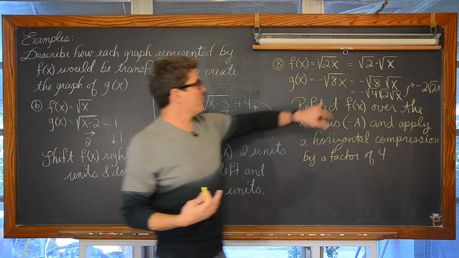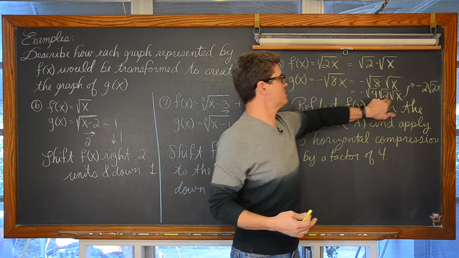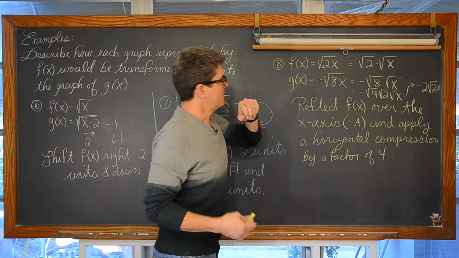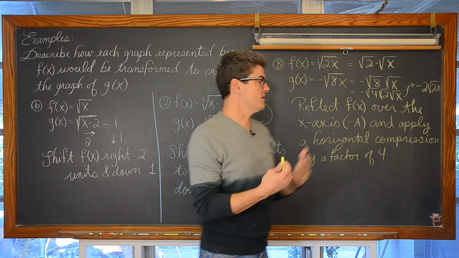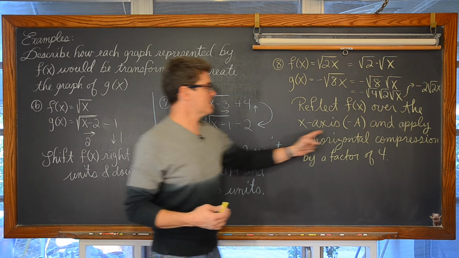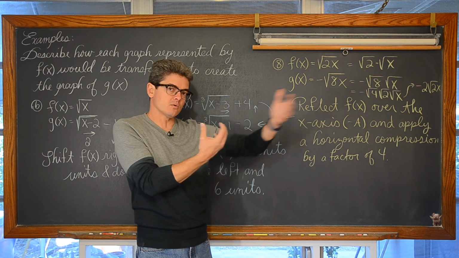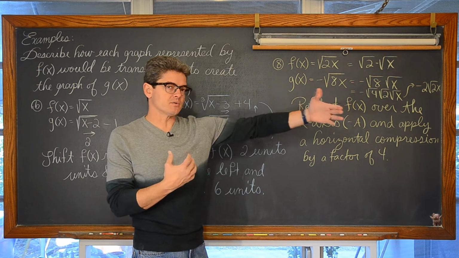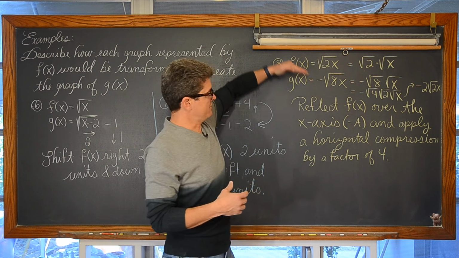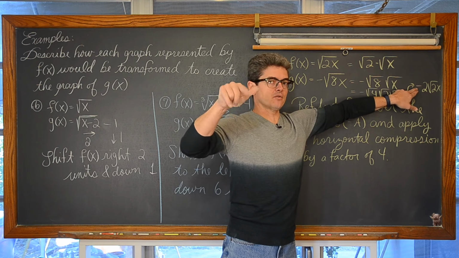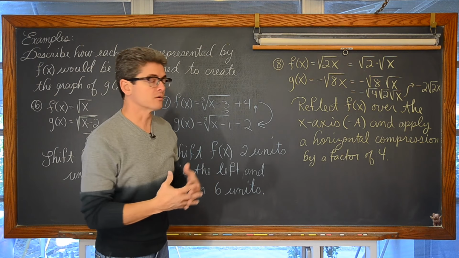Now, with us being able to give each factor its own square root, and taking the square root of 8, which is 2 square root of 2, and the original function is square root of 2 times the square root of x, somebody else can say, instead of applying a horizontal compression by a factor of 4, bringing in the points horizontally by dividing all those distances by 4, that to create g from f, you need to, again, still reflect it over the x-axis, but apply a vertical stretch, which has a factor of 2.